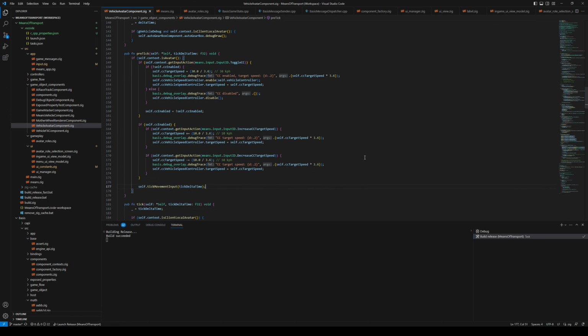Okay, so now we have the input sorted. Now we should be able to actually, first of all, build this. Let's do that. Let's drink some coffee while we're doing it. Good, so that succeeded. And maybe I should even do the debug test, which does the full analysis of all the Zig code. Also succeeded, good. Okay, so what is the next step then? Well,